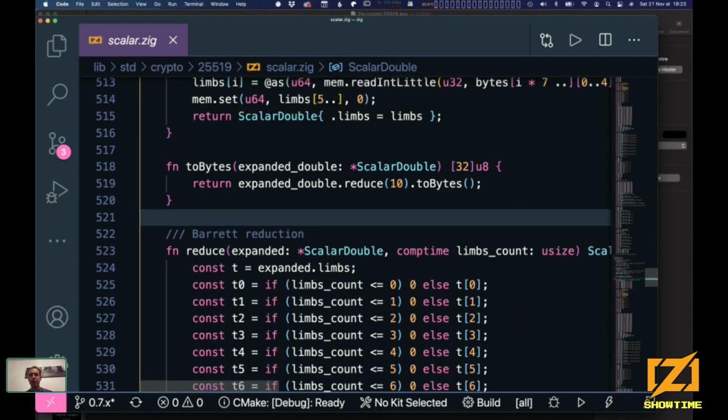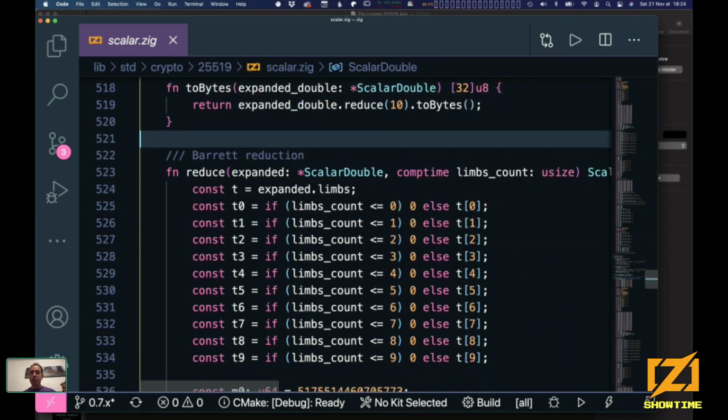So this is using a Barrett reduction. So this is still a reduction. So we have a pretty large number and we want to compute mod some prime. However, the number is not always large. Sometimes it can be 512 bits. This is the maximum we support here. But sometimes we know that it's smaller, maybe 256 bits only, or even less.